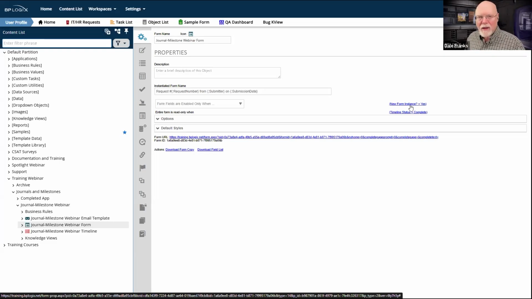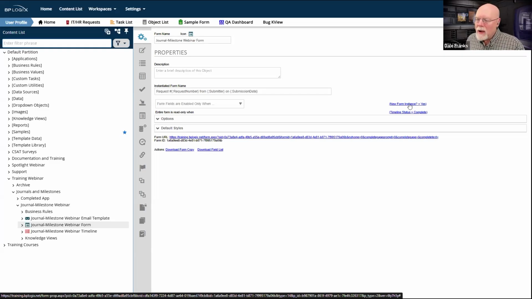you can specify the fields that you want enabled that will allow whoever is assigned a task to complete that task and to provide whatever data they might need to provide, without giving them the ability to edit the original request, because you do want to preserve that original request. Now, it may be that you have to send that back to the submitter in a loop so that the submitter can make whatever changes an approver has requested, and then those fields would need to be enabled so that the submitter could make the changes and resubmit the form.